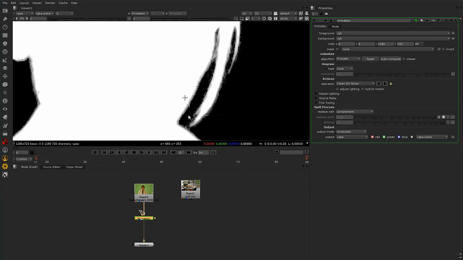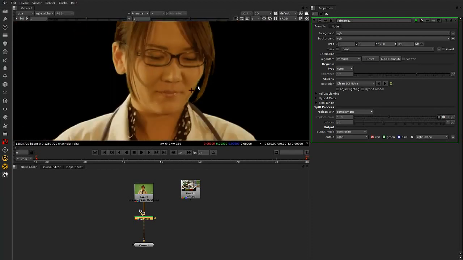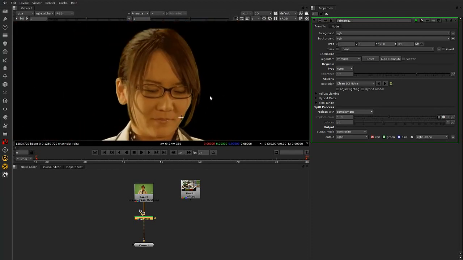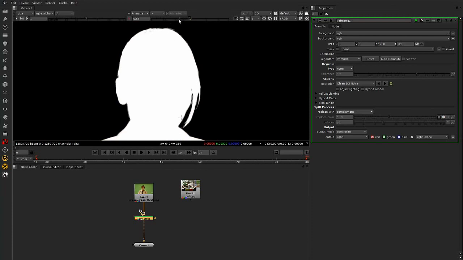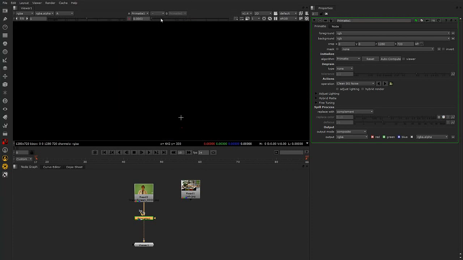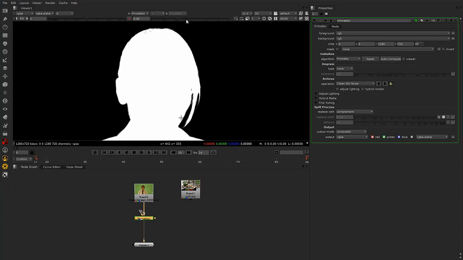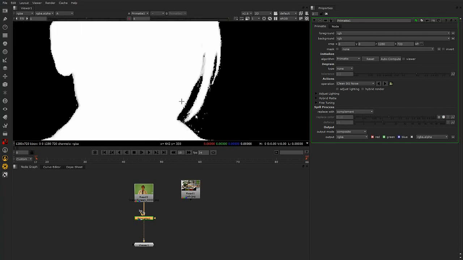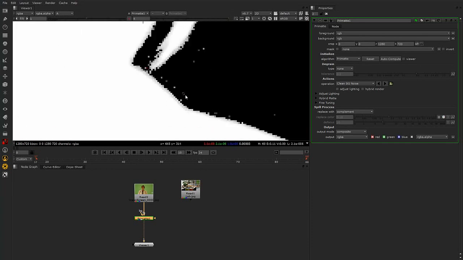And if we look at that in RGB space, you can see we're starting to get a pretty good mask. Now, if we go back to alpha, if you gamma up and down, you can start to see the problems that are in the mask. If I gamma right up, you can see that there's quite a lot of pixels here that I've left behind, and it will help just to fine tune some of these